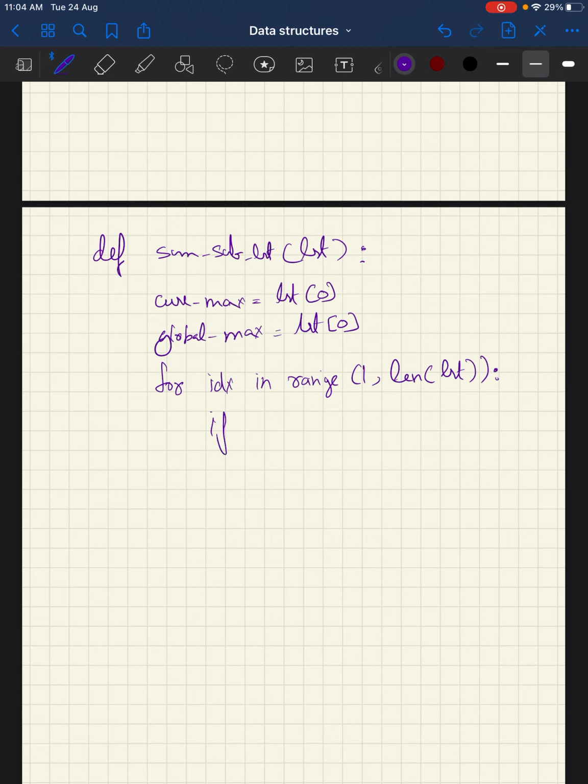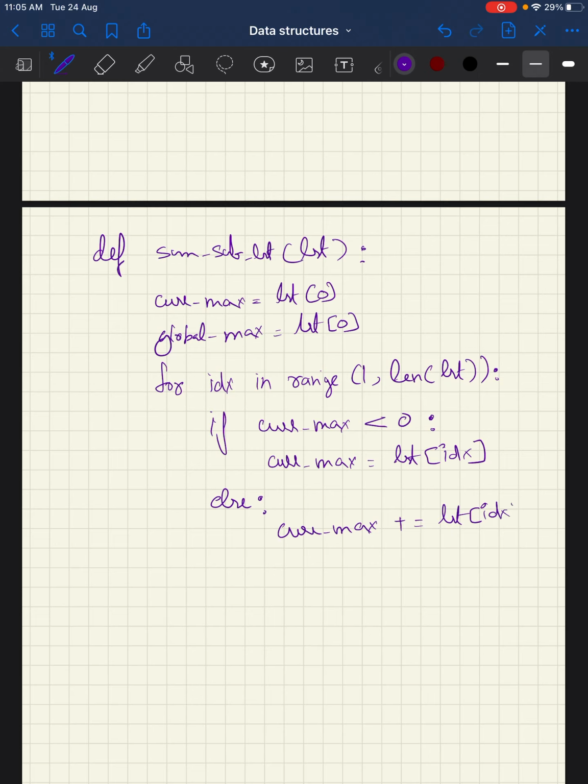Okay, so what we are doing here is, we are just checking if current max is lesser than 0, whether it has become negative. If it has become negative, then what should we do? We should just reinitialize it with a new element that is provided by the IDX, right? And the else clause of this is, we increment current max equal to list of idx, right?